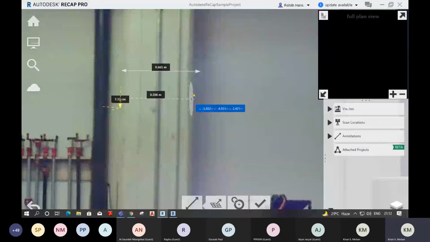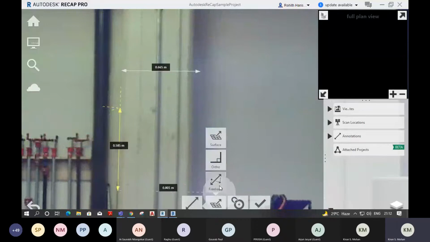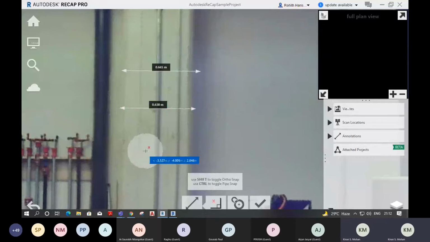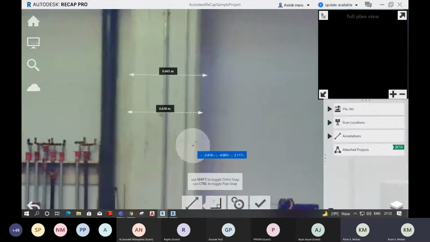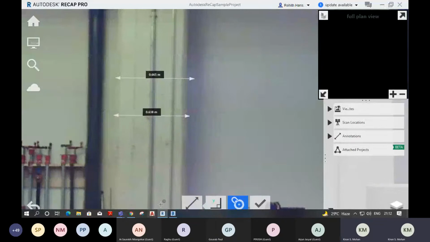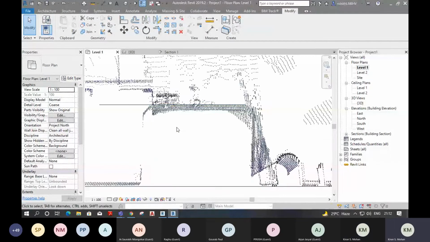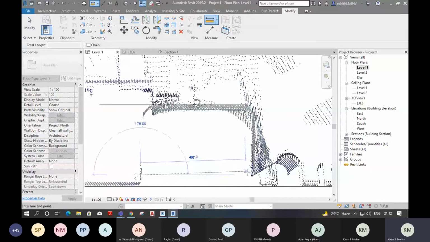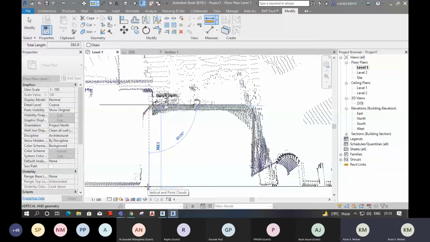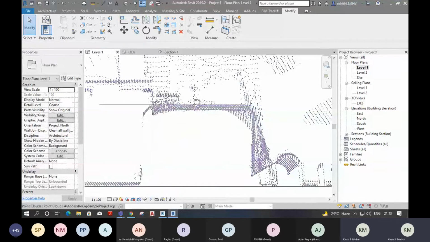Anyway, that's not accurate. We can select from Revit itself. 527. Okay, we can select it as 500. And here, vertical dimension 382, 400. Okay, we can select 500 by 400. Just place it here. So 500 by 400.